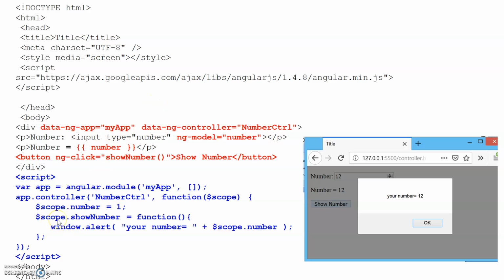Then whenever there is a click, the showNumber function will get executed. So here is the code for that, $scope.showNumber, and what to do after clicking is defined in this function. What this function is doing is showing one pop-up window with your number equal to $scope.number.